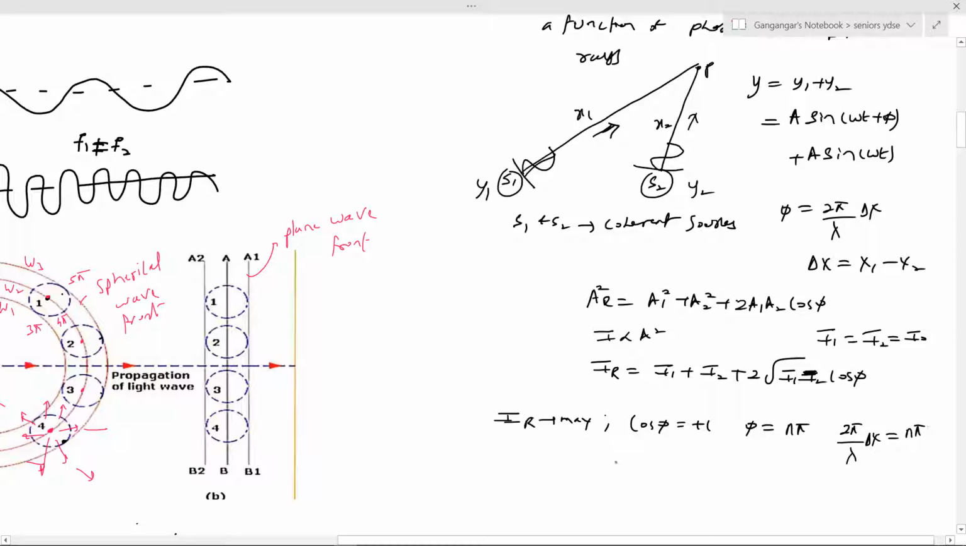So what about delta x? It is equal to n lambda. This is the condition for constructive interference. Now, similarly, for destructive interference,